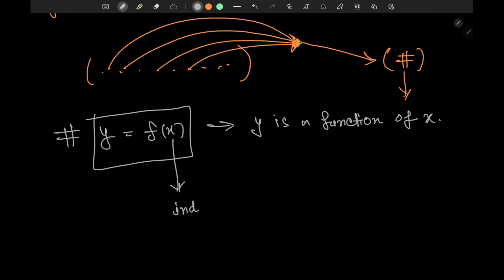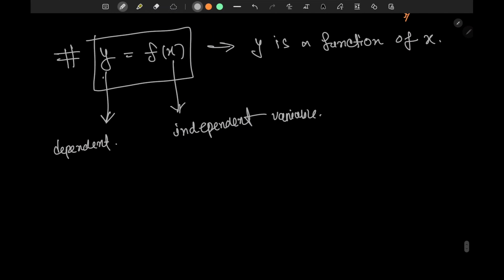However, when you choose a specific value of x, the value of y is determined by the nature of the relation or the function f. That's what it means. So this is independent. People usually call it independent variable. And this as the dependent variable. One can also write a